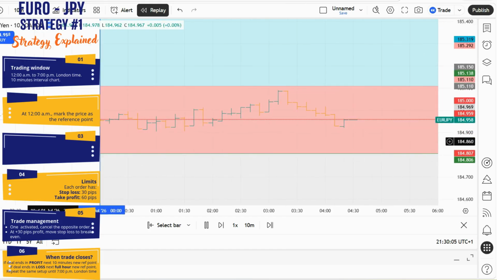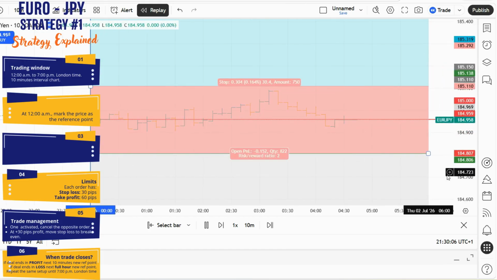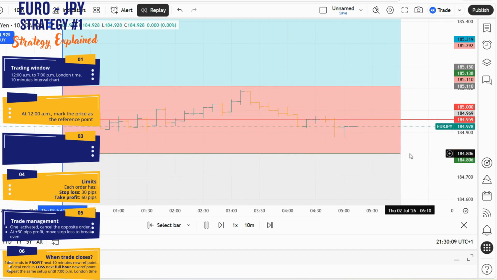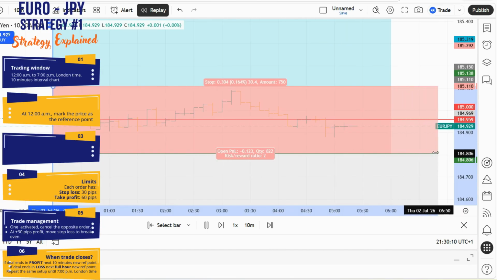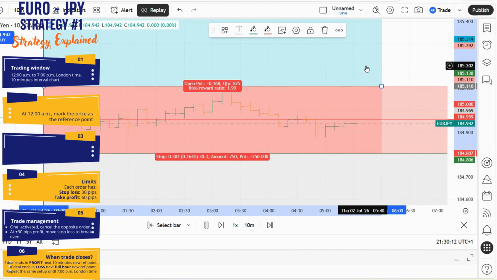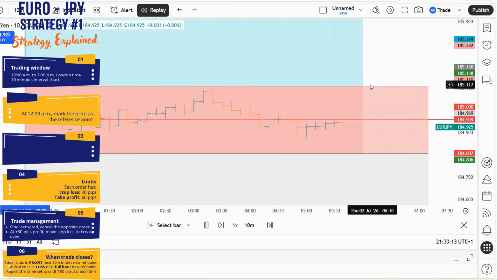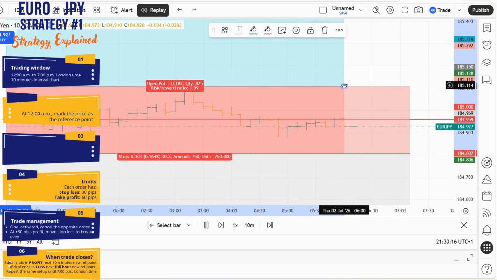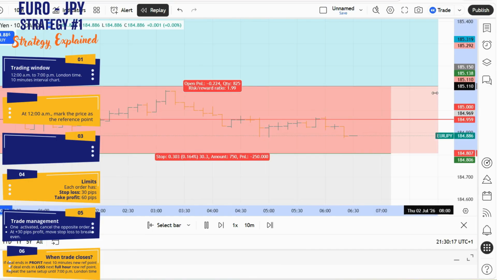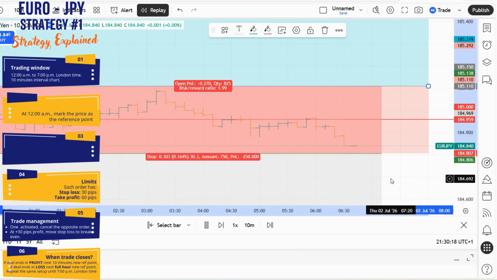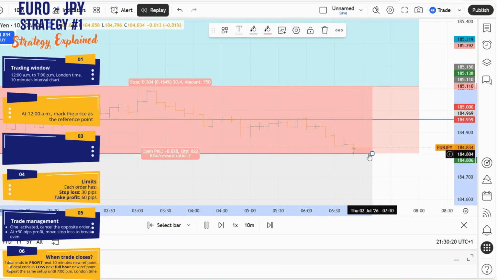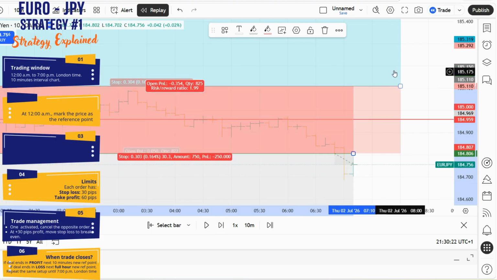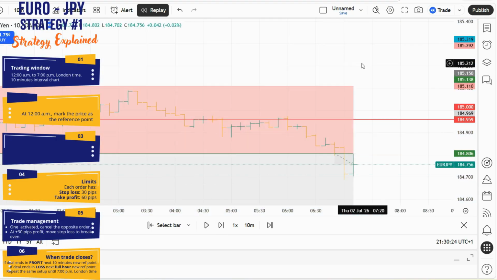We begin by drawing a vertical line to identify the start of the new trading day. At exactly 12 a.m., we mark the current market price with a horizontal line. This becomes the first reference point for the session. From this reference level, we place the buy order 15 pips above and the sell order 15 pips below. Both orders are prepared with a 30 pip stop loss and a 60 pip take profit target. Once everything is positioned correctly, there is nothing more to do except wait patiently and allow the market to reveal